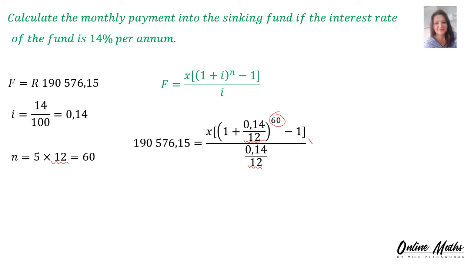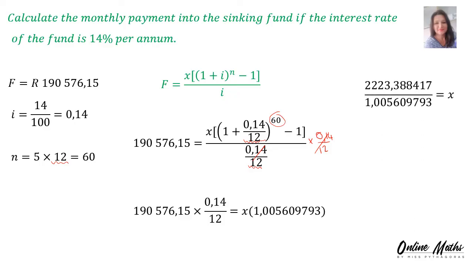Then we will multiply both sides by the 0.14 over 12. What I do on the left, I do on the right. And if you slot the numerator in one go into your calculator, you end with x bracket 1,005, etc. On the left hand side, you multiply with the 0.14 over 12 and you end with that number